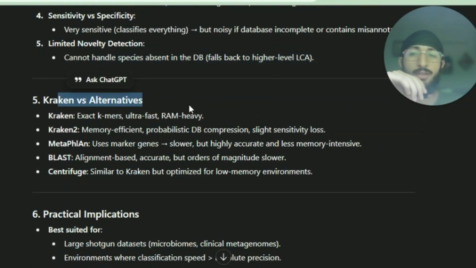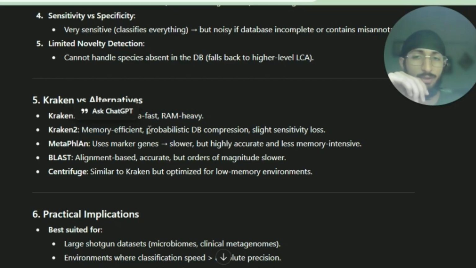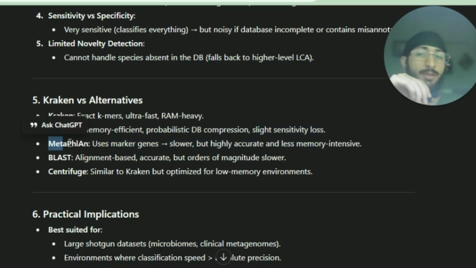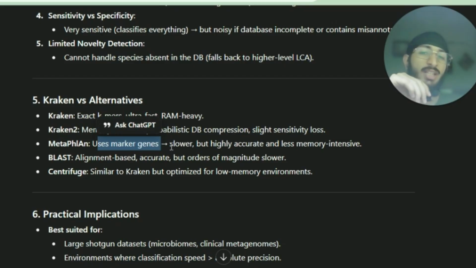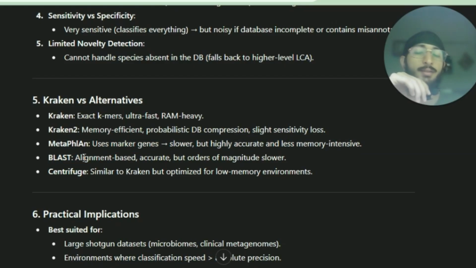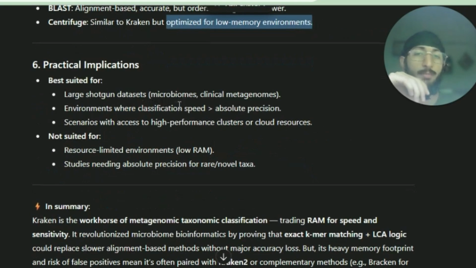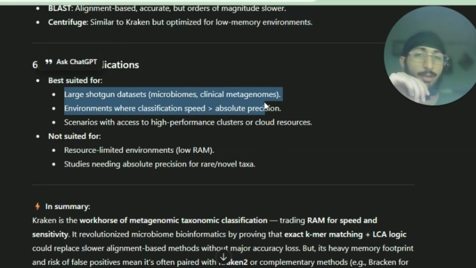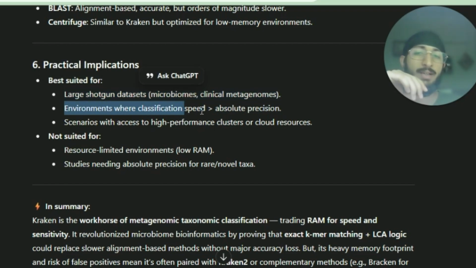Now Kraken versus alternatives. Kraken uses exact k-mers, ultra fast and RAM heavy. Kraken 2, memory-efficient probabilistic database compression, slight sensitivity loss. MetaPhlAn, which is metagenomic phylogenetic analysis, uses clade-specific marker genes, slower but highly accurate and less memory intensive. BLAST, right, alignment based, accurate but orders of magnitude slower, and Centrifuge similar to Kraken but optimized for low-memory environments. Now, practical implications: best suited for large shotgun datasets, microbiomes, clinical metagenomes, environments where classification speed is greater